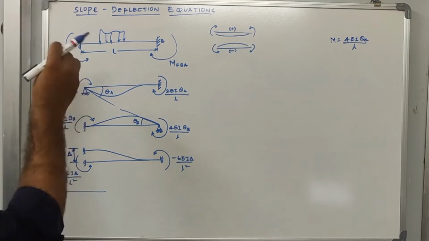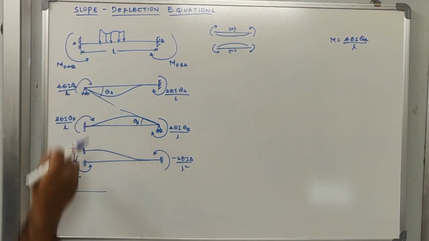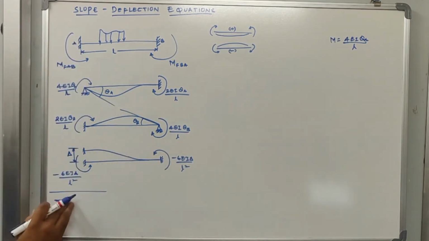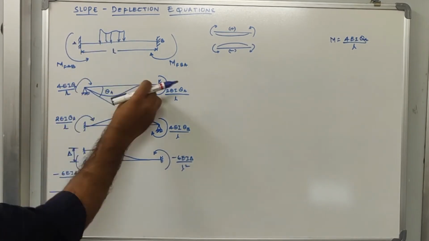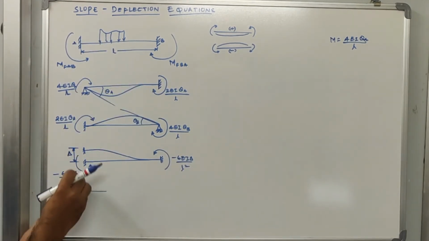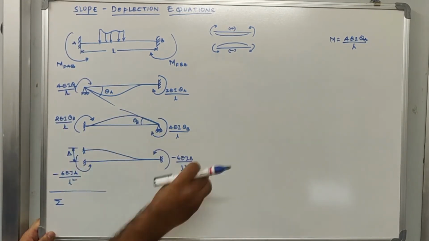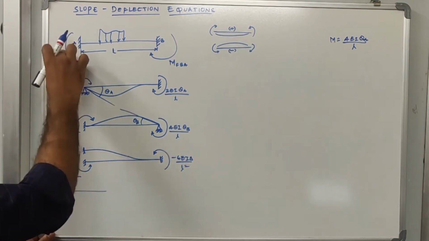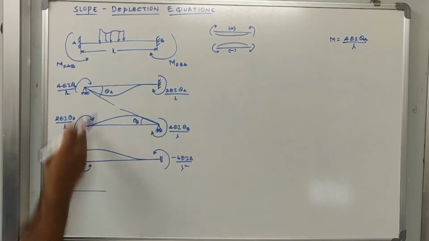In this hypothetical condition, I am interested to know how much moment gets generated. If there is a load, a rotation at both the ends, and a deflection, what is the equation to calculate the moment? The moment can be calculated by taking the sum of all these moments at any given end.